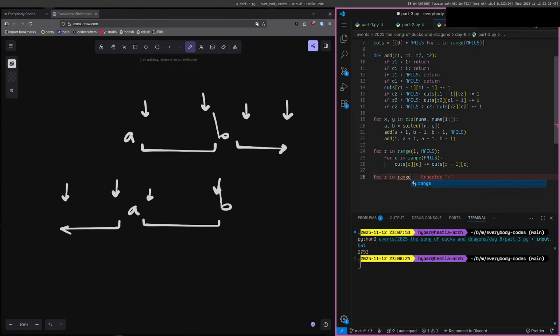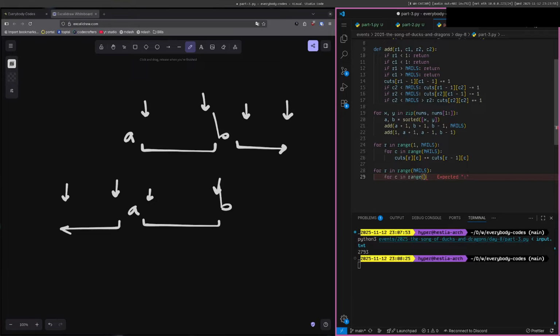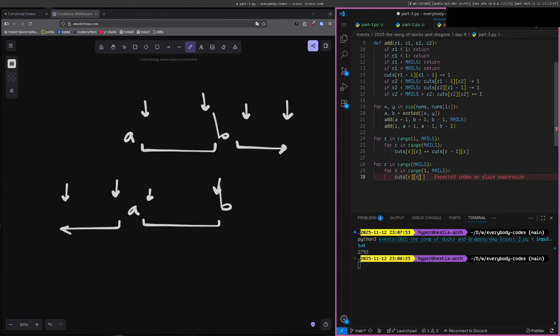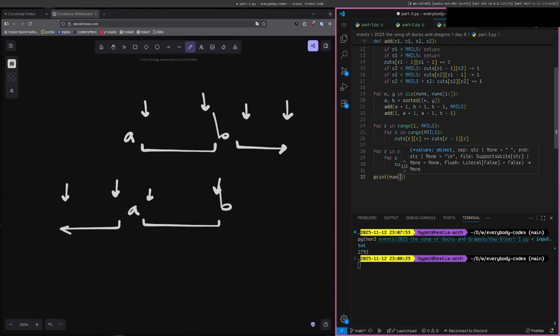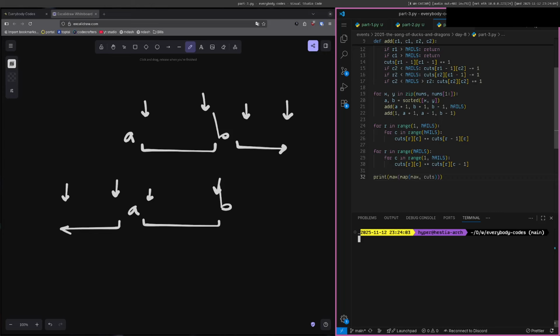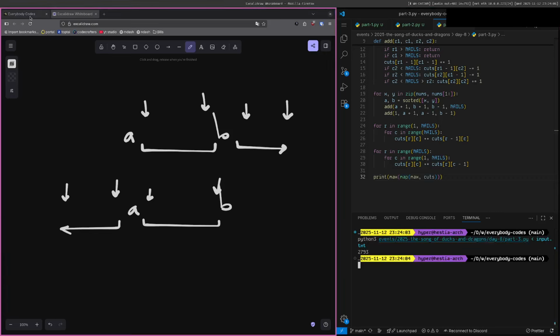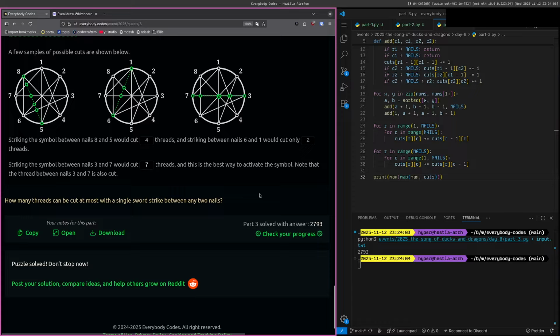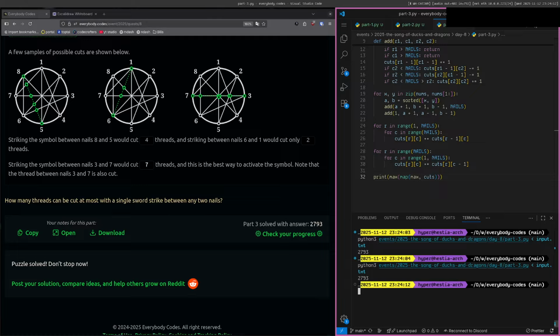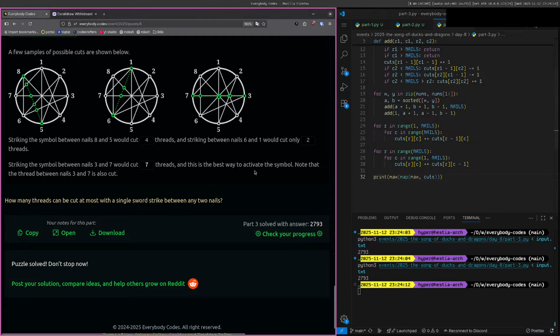And then likewise, we'll sum each value, we'll add each value to the one to its right. And finally, we just need to take the maximum across both dimensions to get the value for part 3. So you'll notice now that this runs instantaneously. So let me briefly recap what I did here